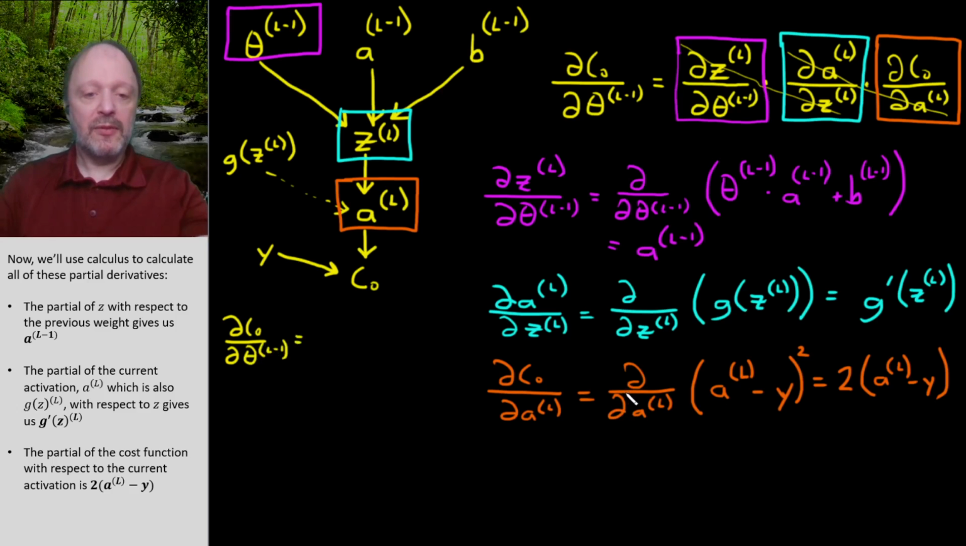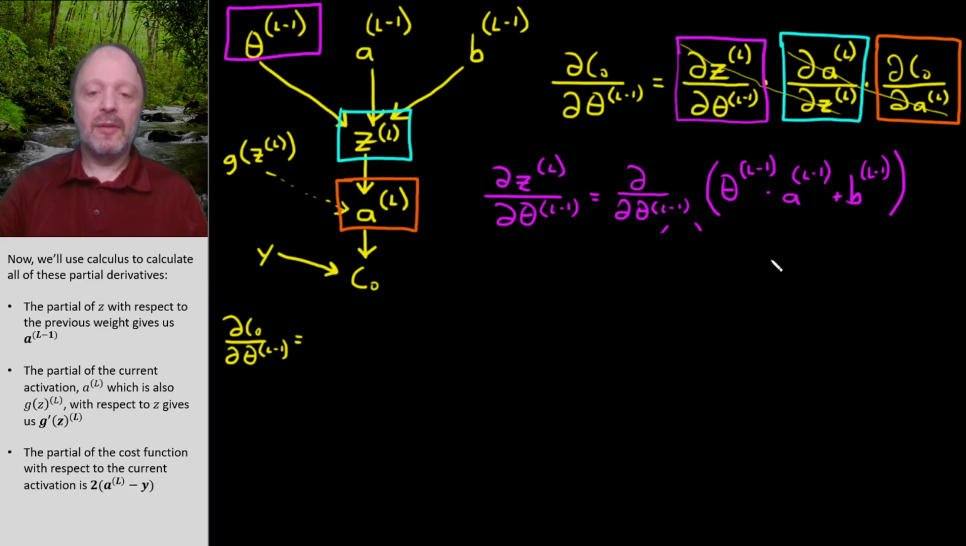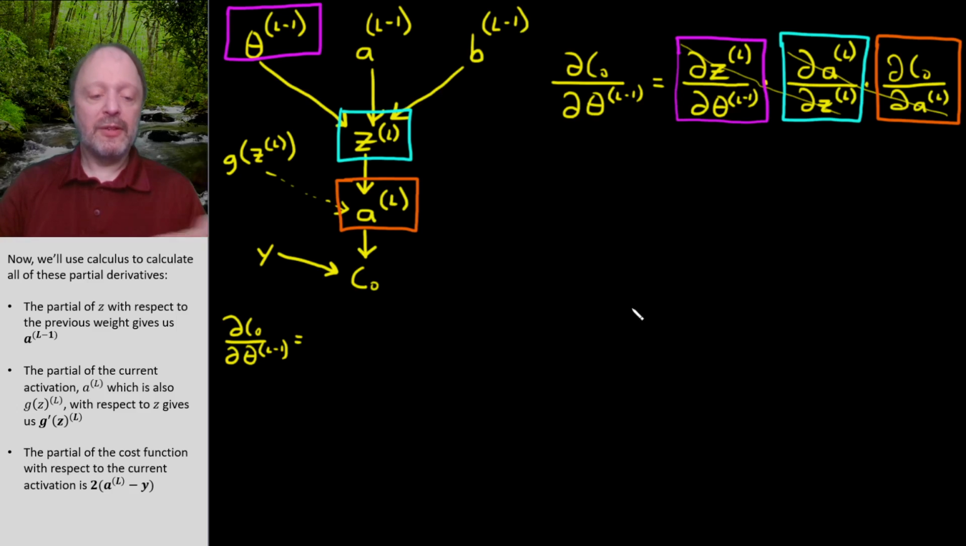If you allow me, I'm going to go ahead and erase these pieces because now that I've calculated them, I don't need them. I just need to place them down here, and I'm going to run out of room this way if I don't. So here we go. First piece is going to be in purple. So it is just the previous activation. Just like that. Okay. Now that is multiplied by